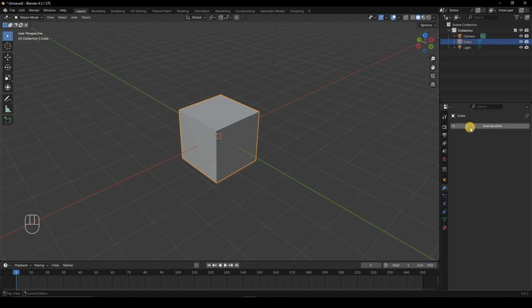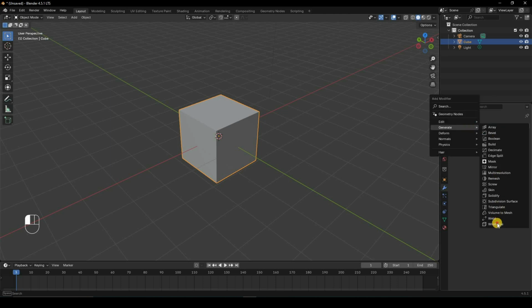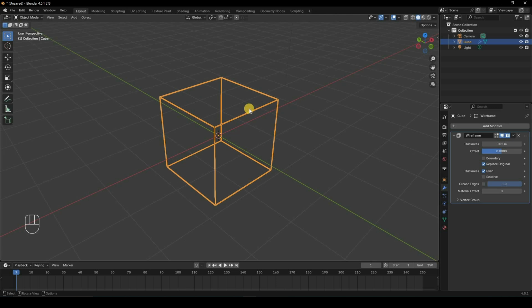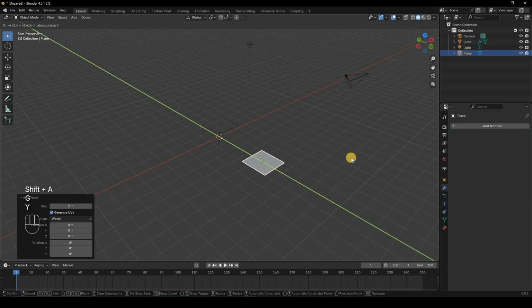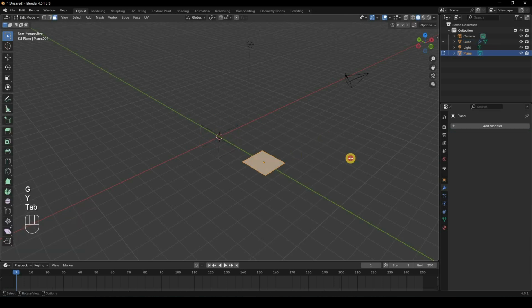So today we will be looking at the wireframe modifier. To add this, go into add modifier, generate, and then into the wireframe modifier. It basically takes the edges and vertices and turns them into a wireframe, but it actually doesn't work if, let's just say, I have a plane and I go into edit mode and its center, and then I'll start